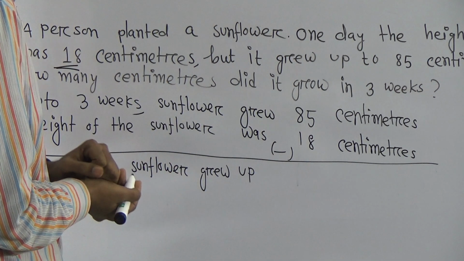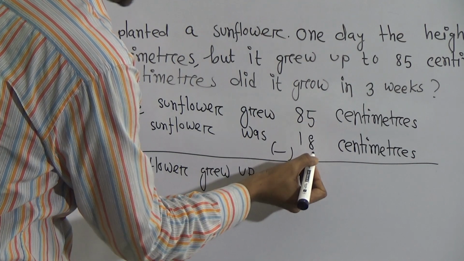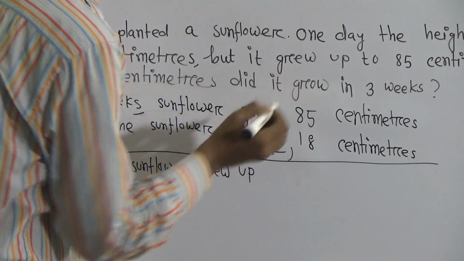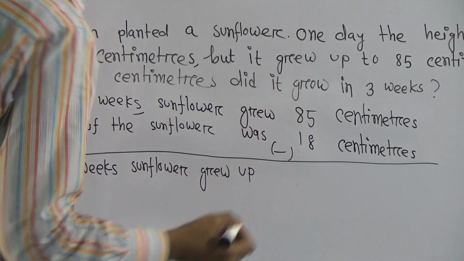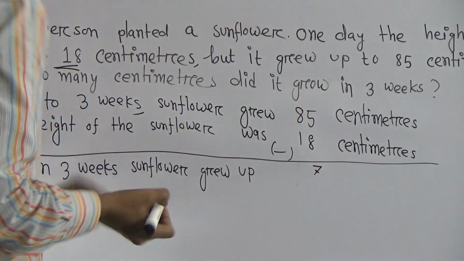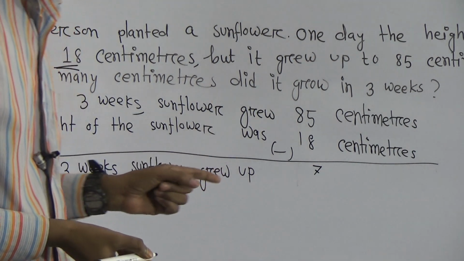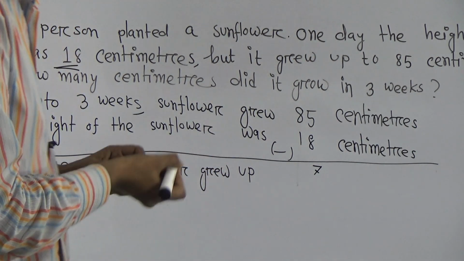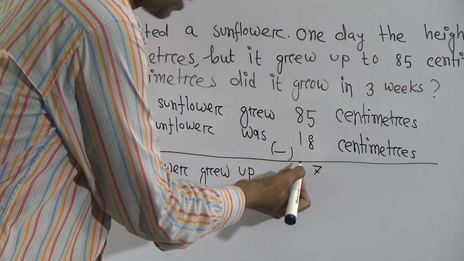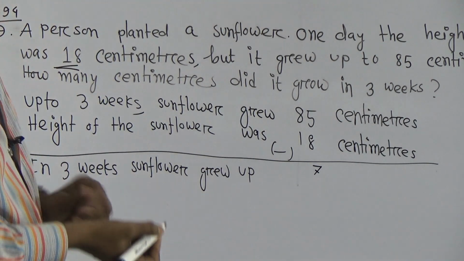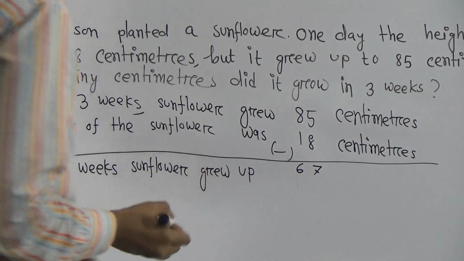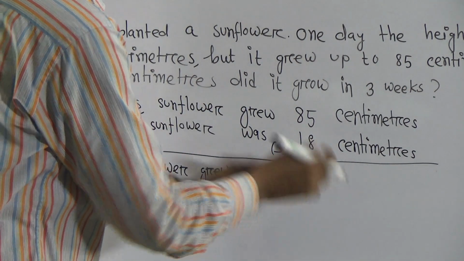You have to now subtract. Look, this is 5 and this is 8. We cannot subtract 8 from 5. So you consider 5 as a 15. 15 minus 8 equal to what? 7. Right here, 7. As you consider 5 as a 15, so you have 1 in your hand. So you add it to 1. That means 1 plus 1, 2. Now you subtract 2 from 8. 8 minus 2 equal to what? 6. Right here, 6. That means we get 67 centimeters.